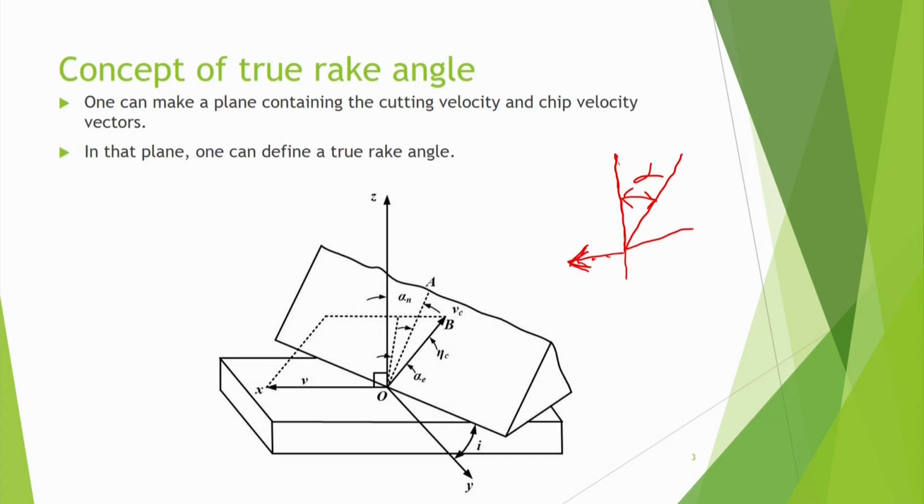So you understand what a two rake angle is: it goes here and makes, from its vertical projection, this angle alpha e. So alpha e is called the two rake angle, and many people believe that the two rake angle may give a better indication, as it may be analogous to the rake of the orthogonal system. Here I again emphasize that you have to think about how it goes in 3D.